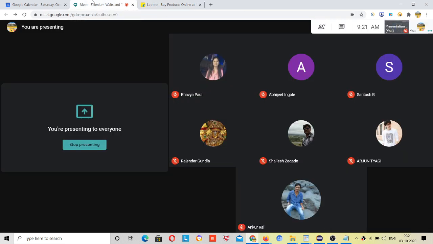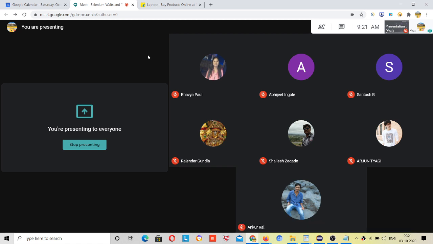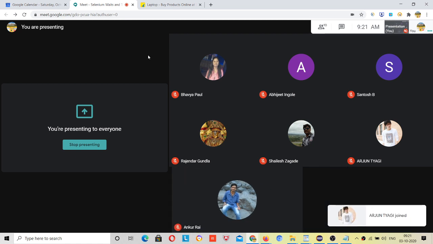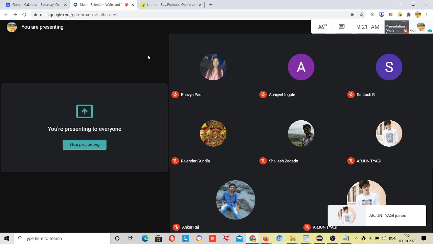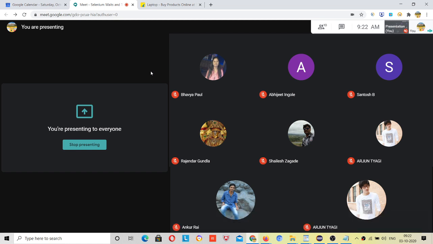Now I say that it should take 10 seconds maximum to log in. But here I have already given 5 seconds in implicit wait for searching, but for login I have to wait for 10 seconds because in the background it checks many things, right?